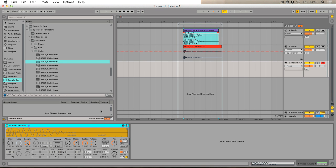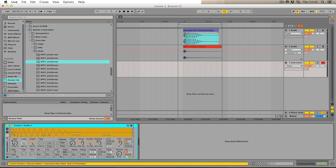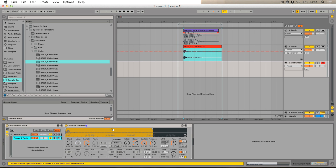But we want both kicks to be playing on the same MIDI channel. So if we right click on the header here and select group, and press this little button to open up the chain list, then we can drag the other kick onto a new chain. So now you can hear that when I hit a key, both of those two samples are playing layered over one another, which, as well as making life easier than having multiple channels,